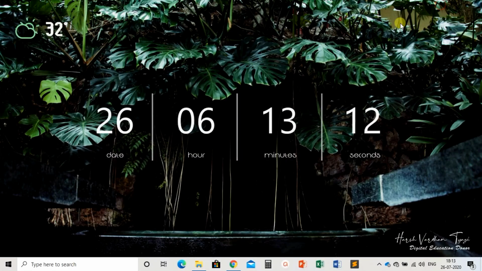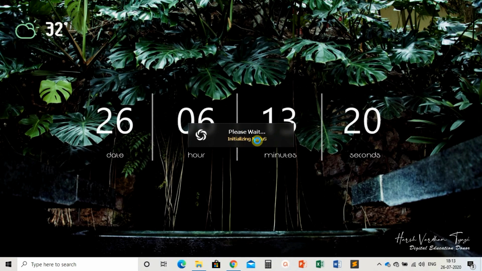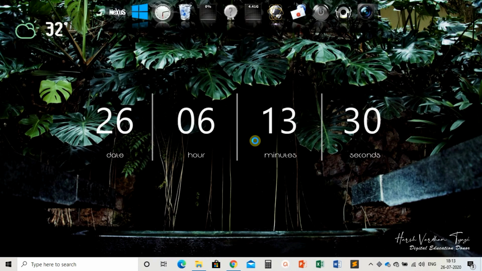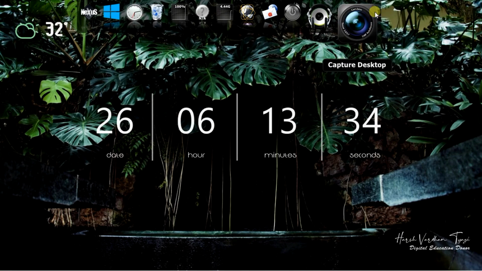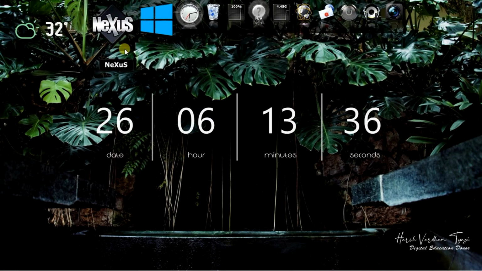Minimize this. This is installing the Nexus dock. Now see, on the top of the desktop we have the dock part. Fine. Now here what we need to do,